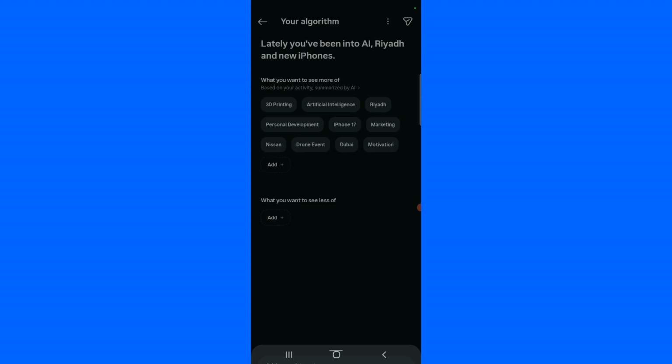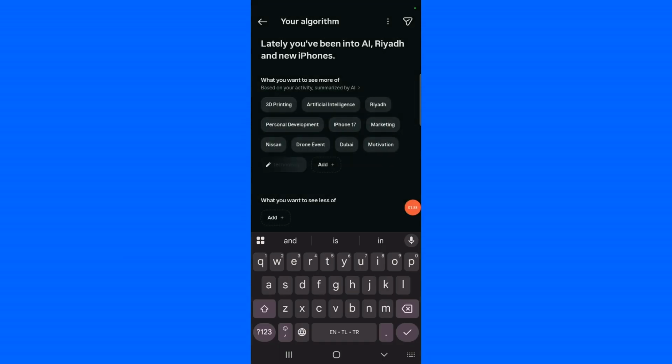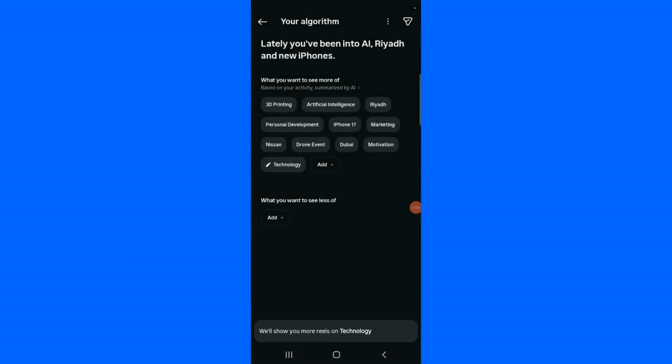the Instagram Explore page. First, I want to show you how we can add our interests in this new Your Algorithm feature, what you want to see more of. If you tap on plus, here you can search anything, like technology. Now if I go to the